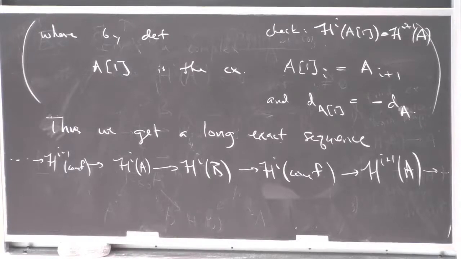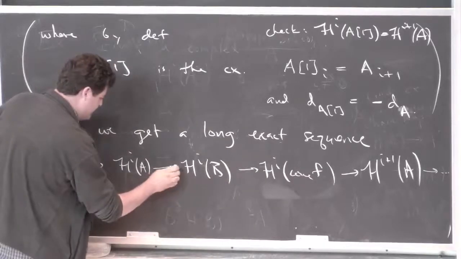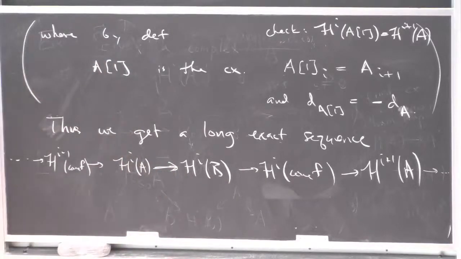I don't want to prove that. If you're not already sick of it, you can read it in any book on homological algebra. You could read it in Hatcher, you could read it in Weibel, any of these places, how to do the snake lemma that gets you this map, which is the interesting one, right? And as a corollary, which we'll want to use a lot,